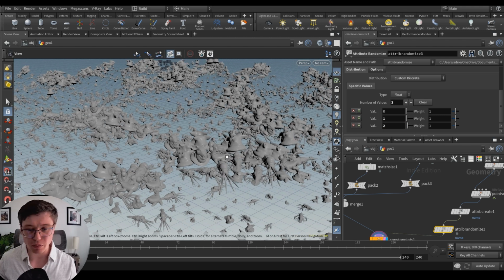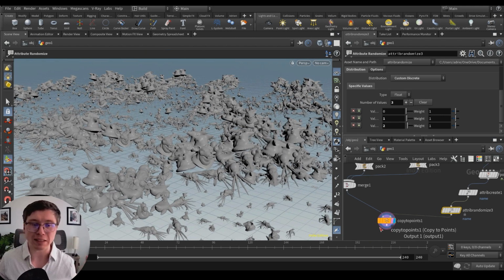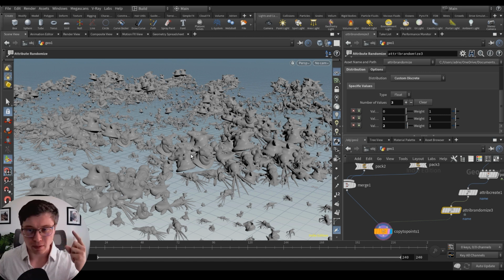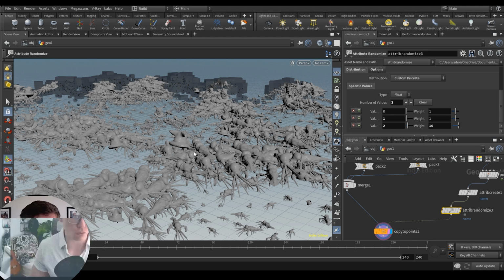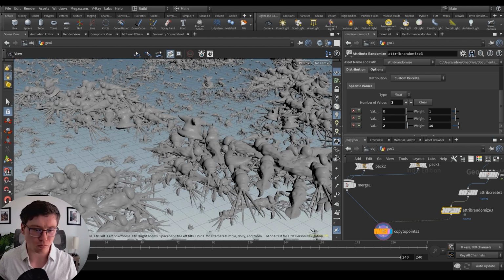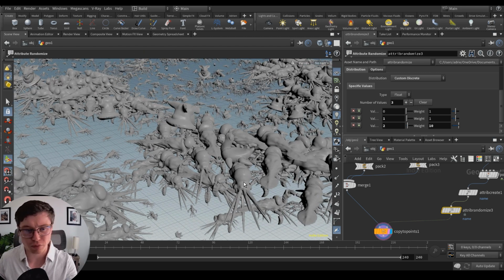And at this point, it's mostly like a probability system where we have 100% assigned pretty much everywhere, value of 1. If you increase it to 10, for example, it will try to put 10 times more of this ID 2, in that case, the octopus, those freaky dudes.